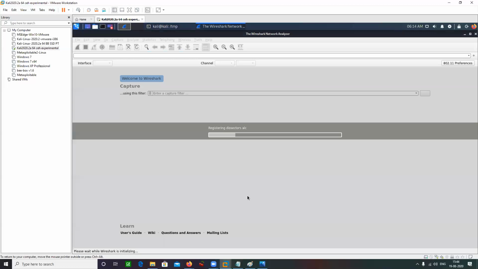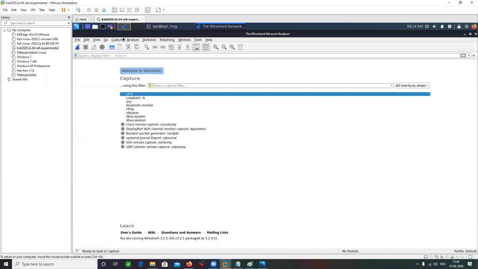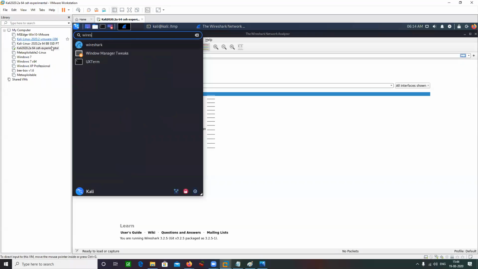So you can switch on your Wireshark through the command line by simply typing its name, that is Wireshark. That's one way. The other way is by going here and searching for Wireshark like this. That's also a way.